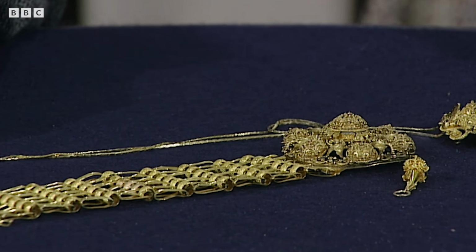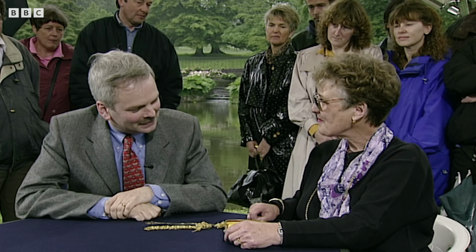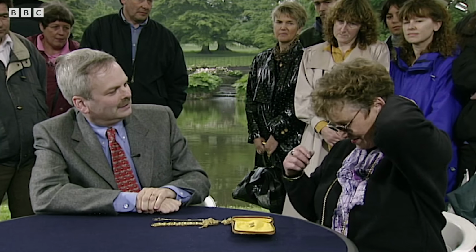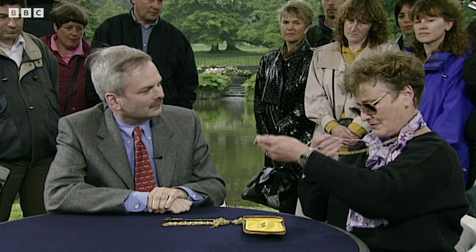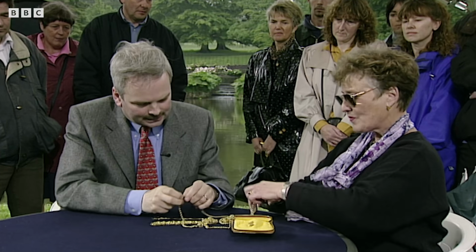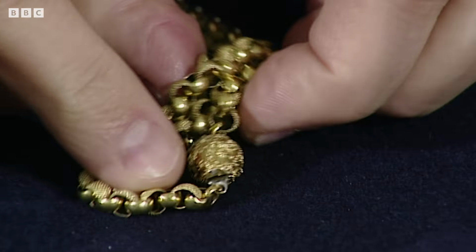But anyway, they're marvellous survivals, but oddly enough, having opened your little Pandora's box of jewellery here, it's not the jewellery that you have in the case that's interesting me, but it's the necklace you've got round your neck. Can you take that off? Yes. Let's have a really good look. I thought it belonged to what? You thought it became part of it? Yes. I think it's not actually part, it's similar. The clasp, if you look at it, it's similar to...